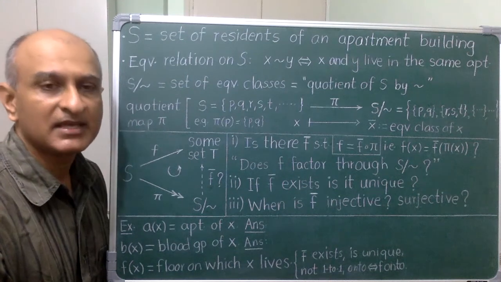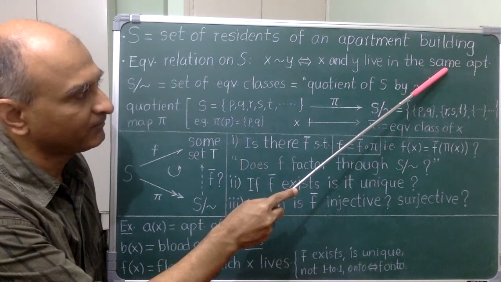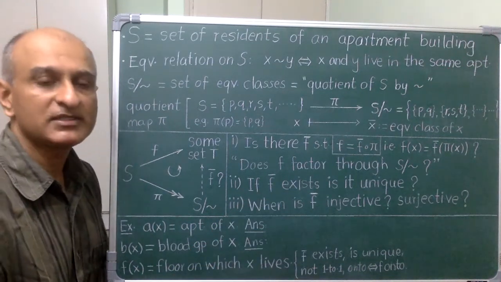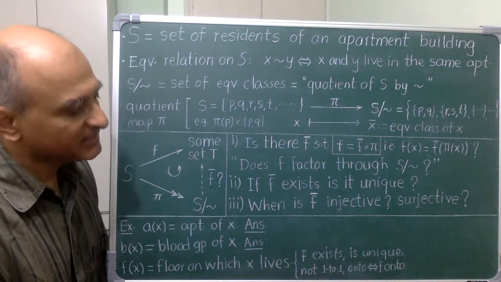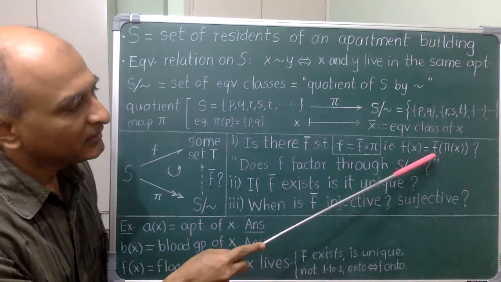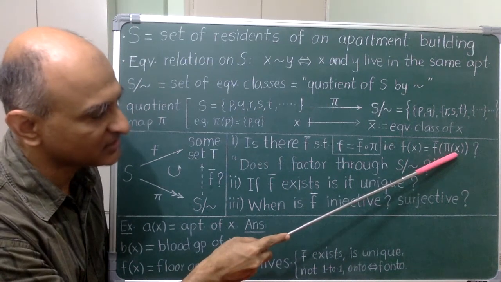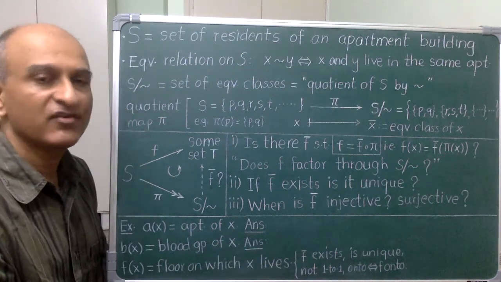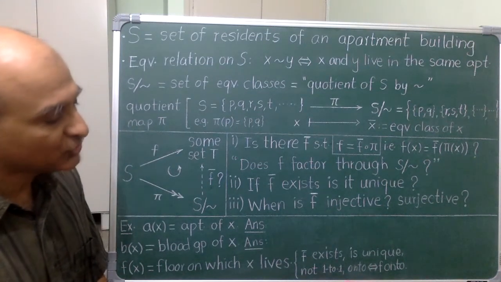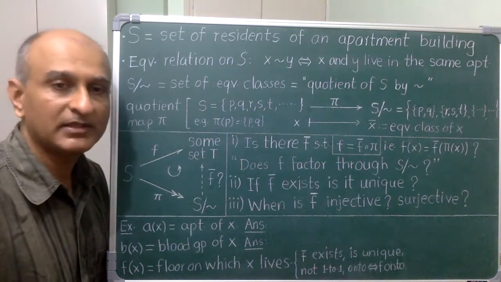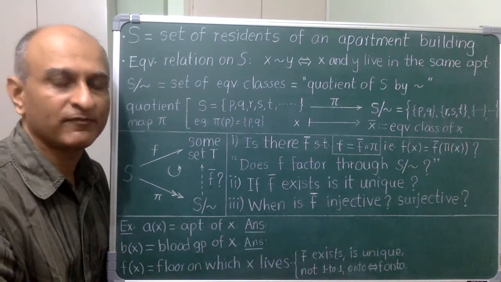Do they? And the answer is yes, because by definition they live in the same apartment and any given apartment is on a single floor. Okay, so f bar does exist. Is it unique? Well, this requirement forces f bar of any equivalence class uniquely, and therefore when f bar exists it is also unique. This particular f bar is not one-to-one because if you recall the picture, f bar of both of these equivalence classes is the top floor.